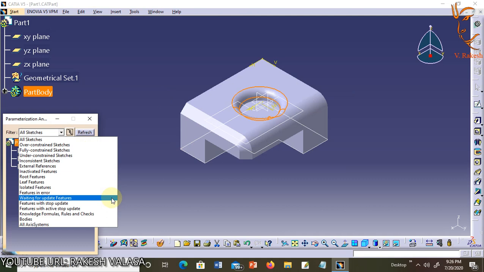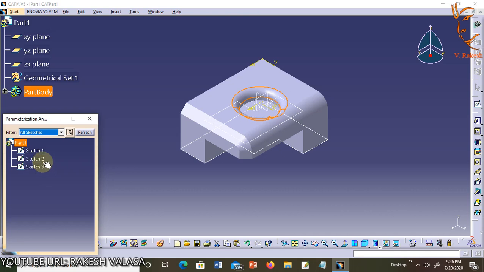See this window. It displays the Parameterization Analysis window with the many different types of entities to select from the pull down menu. This window shows that the sketch entity is selected. I am selecting this sketch entity. Double click on this Sketch 1.